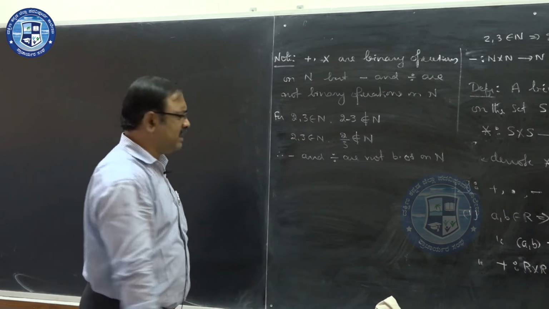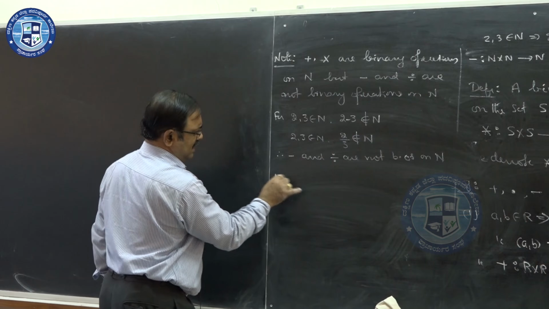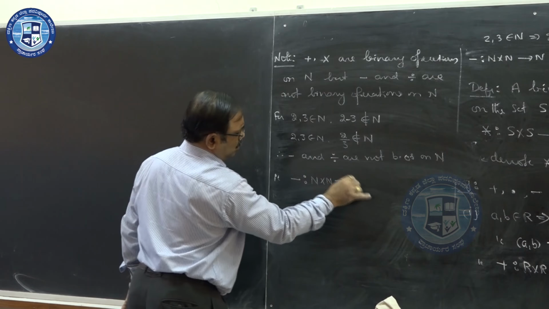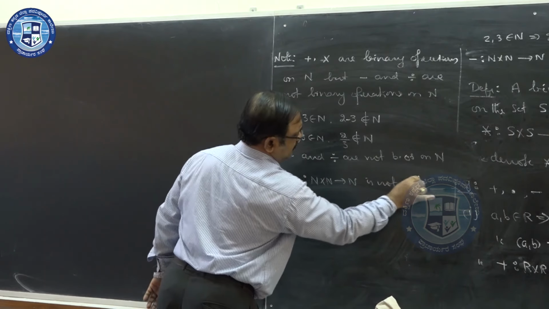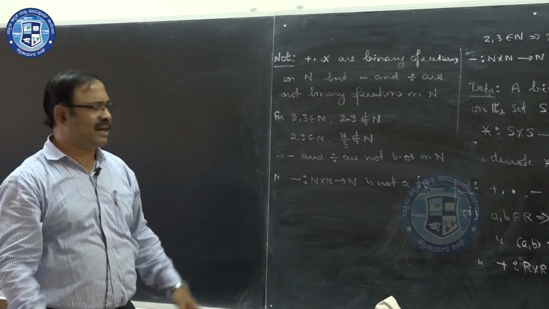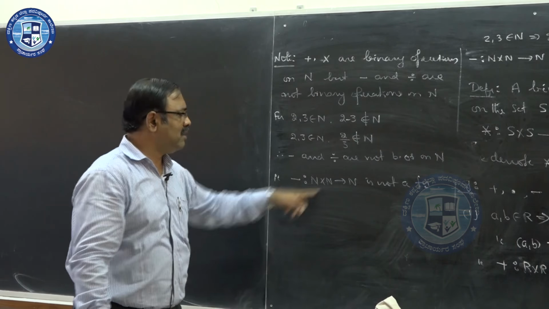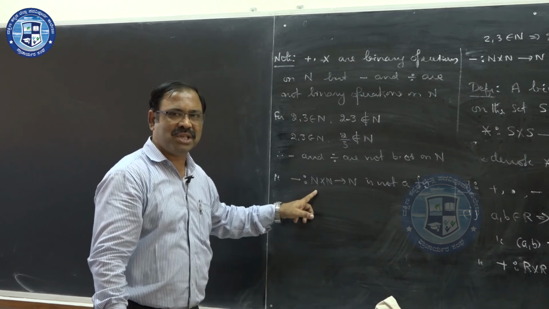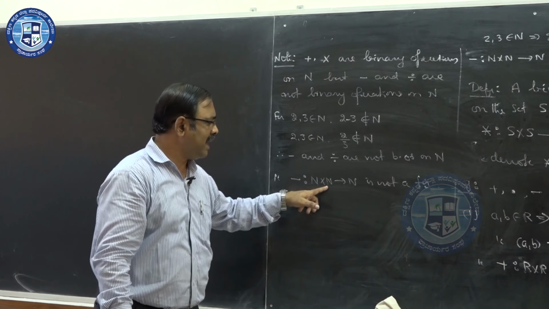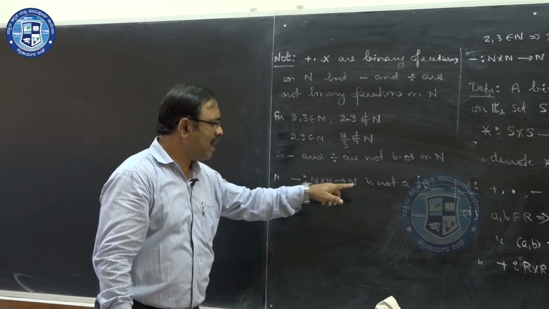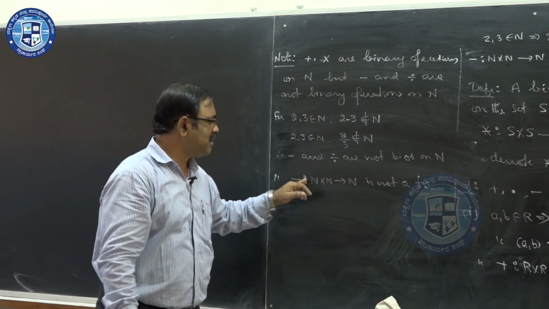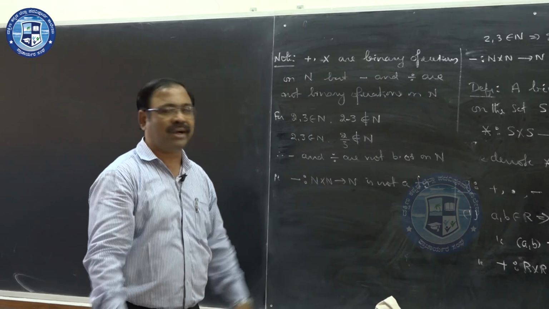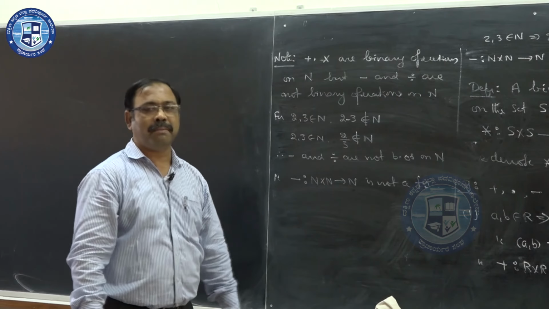Actually, we write it like this: minus from N cross N to N is not a function. For a binary operation, what is the condition? It must be a function. It is not a function. Why is it not a function? Because in N cross N, the association of an ordered pair A comma B is not giving you an element in the same set. It is not associated with a unique element of the same set. So hence it is not a function. Therefore, it is not a binary operation.